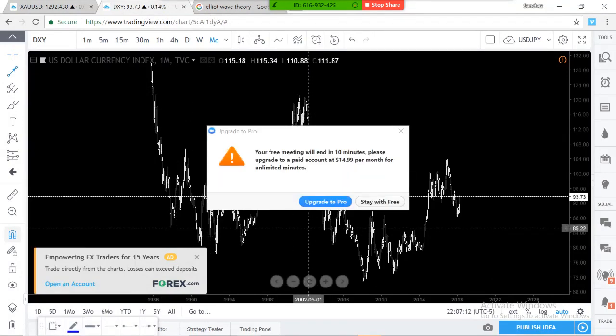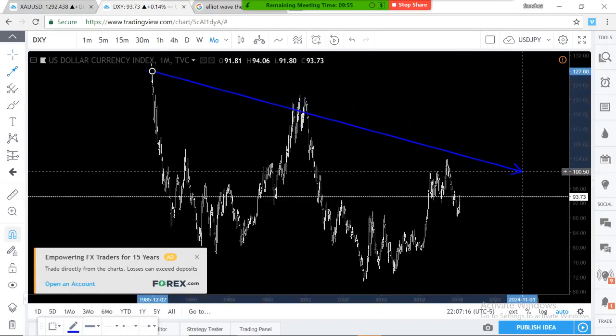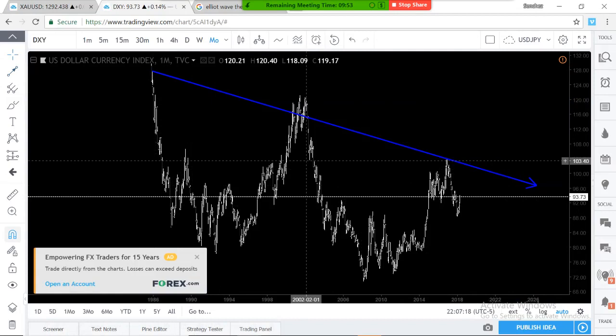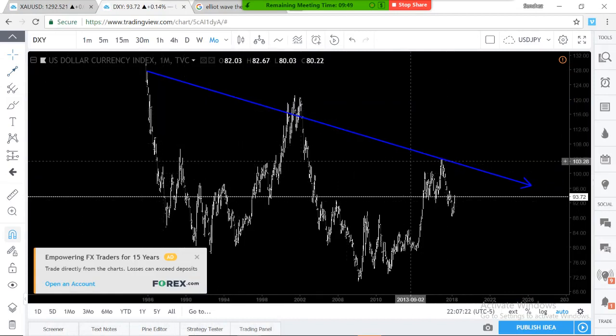Oh, we got 10 minutes left. Okay, guys. Look, all right. So we got a downtrend. Okay. I gotta go by really fast. We're on a downtrend for the dollar. All right. So that's why I'm expecting that gold's gonna go higher than dollar, because if we go ahead and